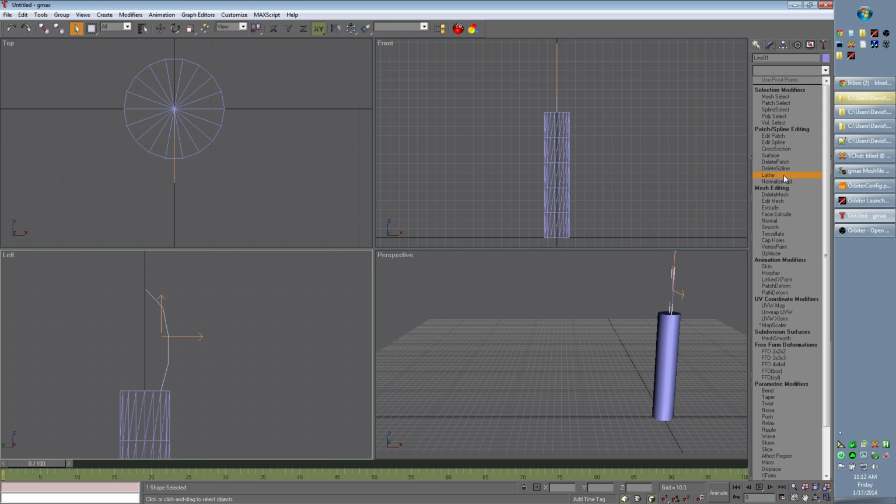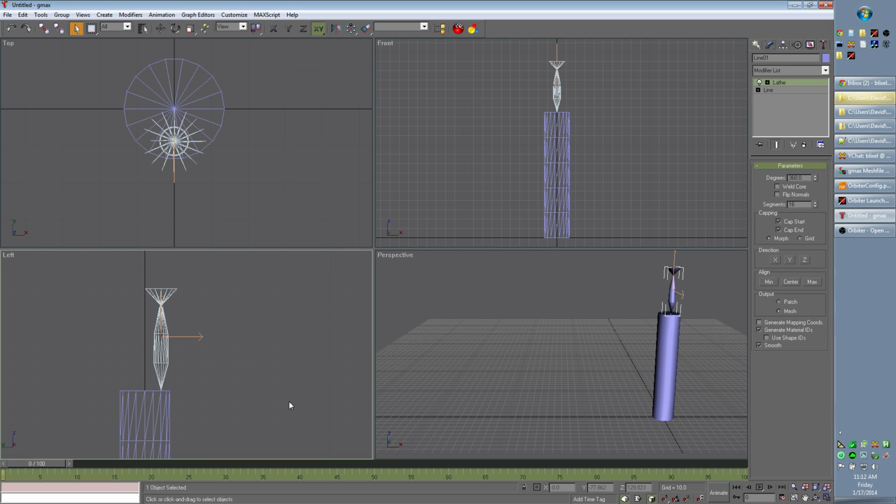In the lathe, you'll see what it does. It simply takes our two-dimensional drawing, our two-dimensional line, and it spins it around 360 degrees. Now, of course, this doesn't look right, but we'll work on it. Now we'll click the move tool, and we'll move our would-be fairing to the center,